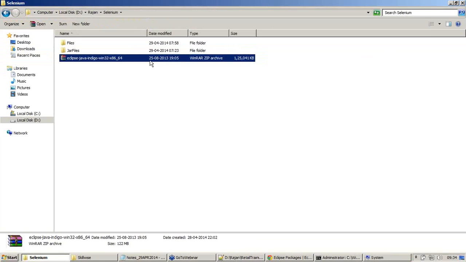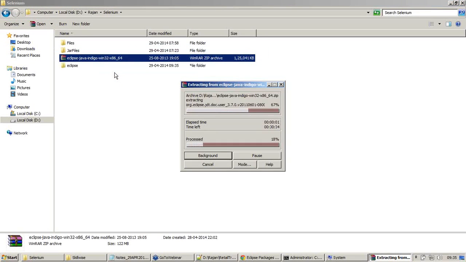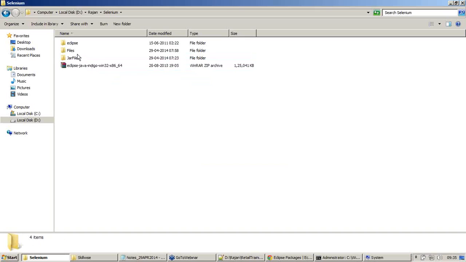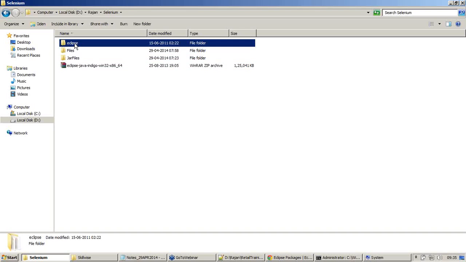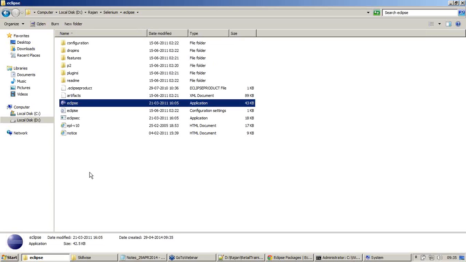I'm going to extract it right here. Once it gets extracted, I'm navigating into the folder. There is an exe called Eclipse.